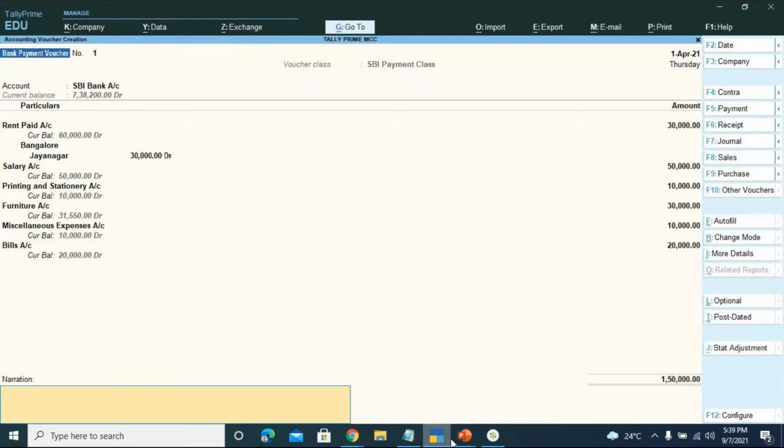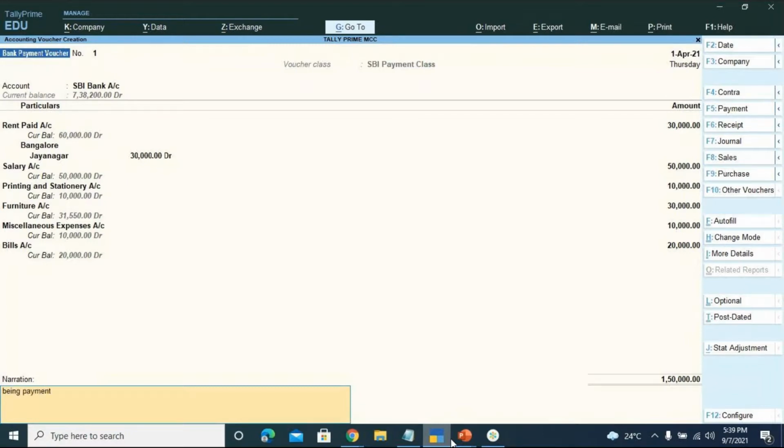And once we have recorded all the entries, all the expenses and purchases, at the top above, we can also see the current bank balance of the bank. So we need not wait or refer to the cash or bank summary. We can view the State Bank of India bank balance directly at the top. It is showing as current balance. Got it? So narration, what we can give it as being